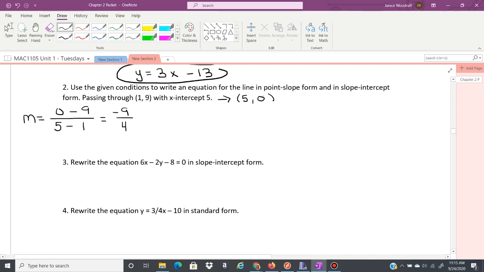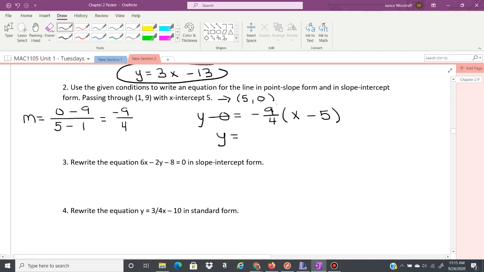So let's say I use (5, 0). I'm going to go y minus my y1, which is 0, equals m, negative 9 fourths, and then x minus my x1, 5. This is the equation in point slope form. Then to get this into slope intercept form, I do not need minus 0, so I can just say y